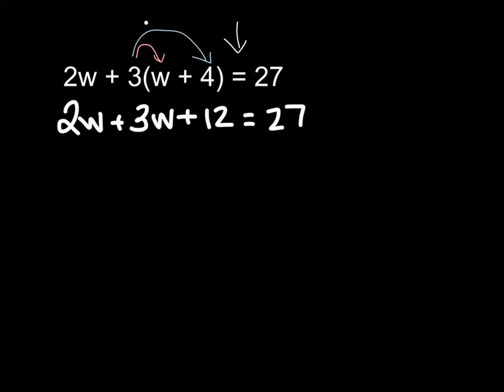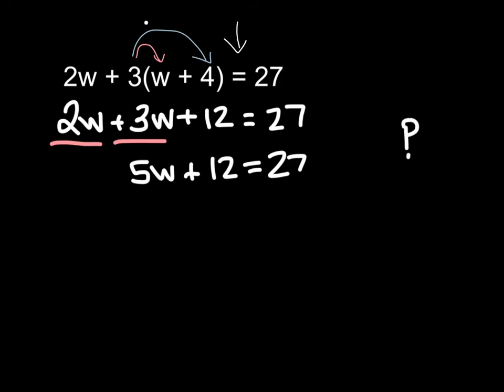At this point, we still need to simplify the left-hand side of the equation. And in this case, we can combine like terms, which have like variable parts, 2w plus 3w. 2w plus 3w is 5w, and then we have plus 12 equals 27. Now at this point, the left-hand side is simplified completely, 5w plus 12. We cannot combine those together because they do not have the same variable part. And the right-hand side of the equation is 27, which is also simplified. So now we're going to use the order of operations